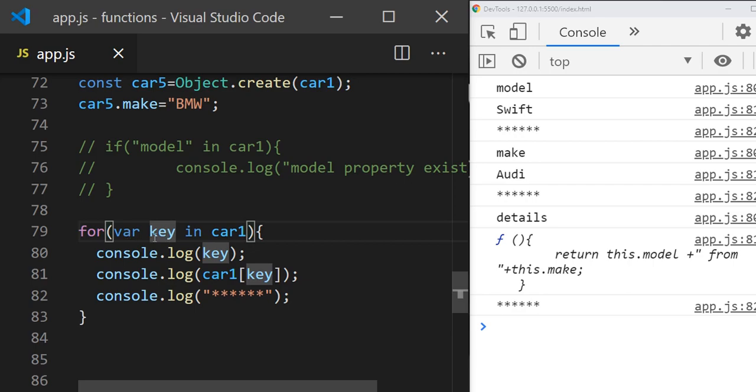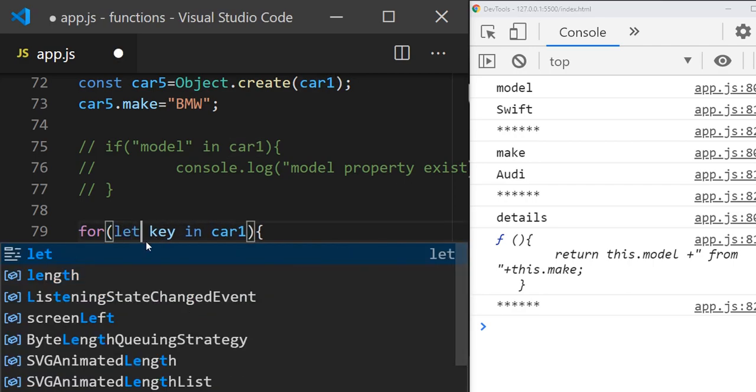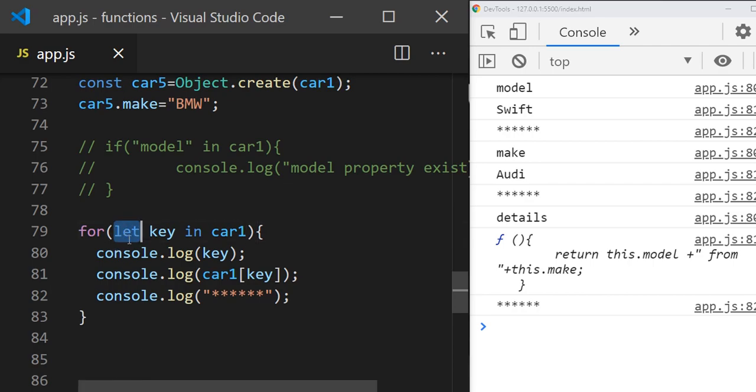So var key in car1. You can use var or let also. Let is the ideal approach. So use let key in car1, and what it will do is check for the key, meaning property. First time it will come and check in car1, it will find model, and after that we are printing car1 of key.